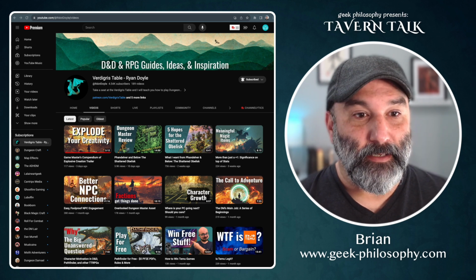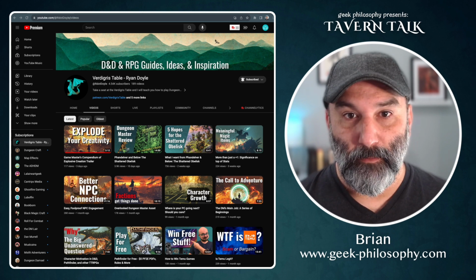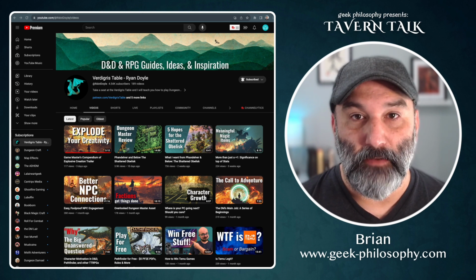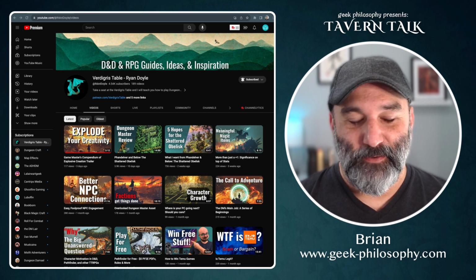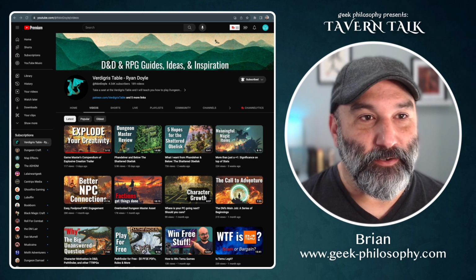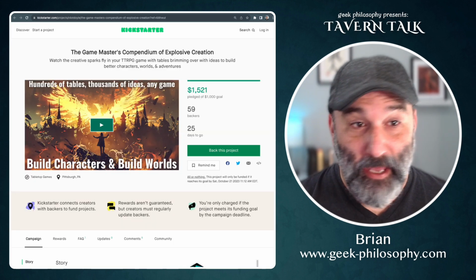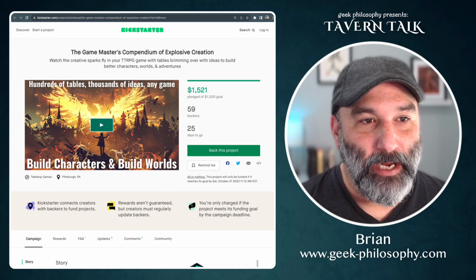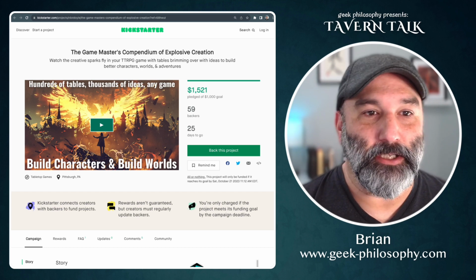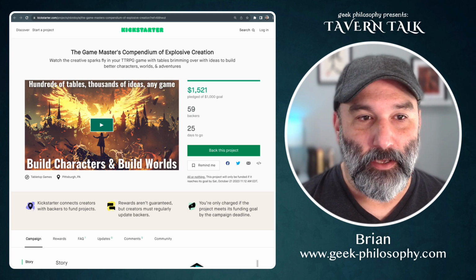But one thing I really like is he has a really good, clear picture on how to adapt your home game and how to create things specific for your table as you're presenting some things as a game master to your players. And that's really where this Kickstarter starts to shine. The Game Master's Compendium of Explosive Creation. Watch the creative sparks fly in your TTRPG game with tables brimming over with ideas to build better characters, worlds,